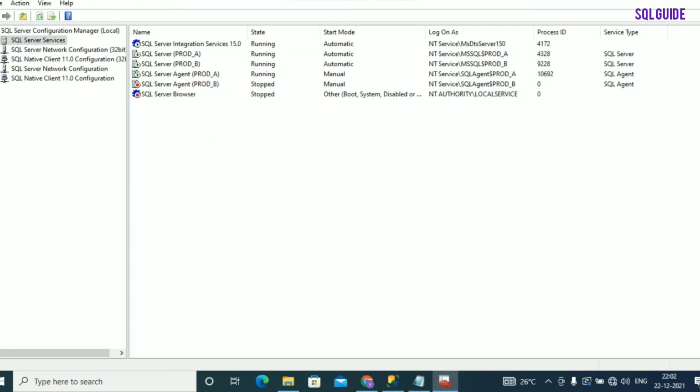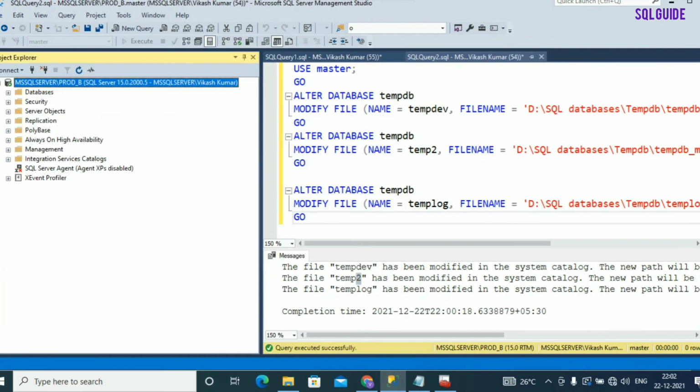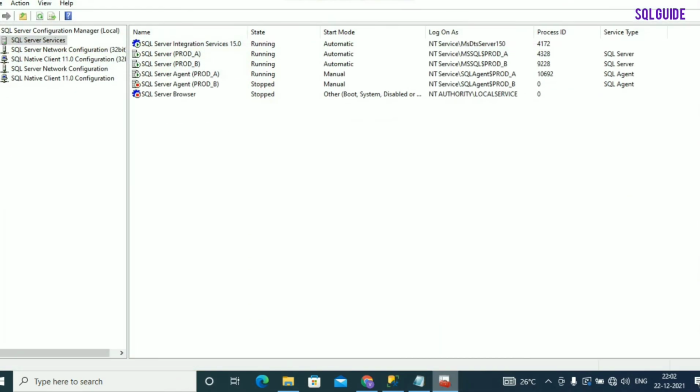You can see the service has been started successfully. You can restart the service from Management Studio also. Connect the instance, right click, and we have the stop and restart options, but it's good if you restart from SQL Server Configuration Manager.